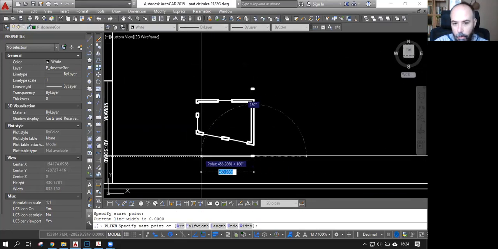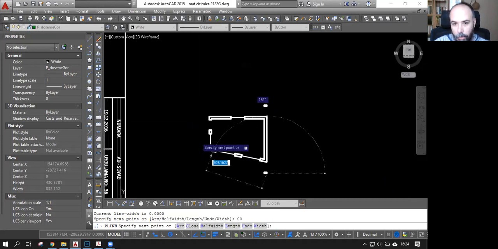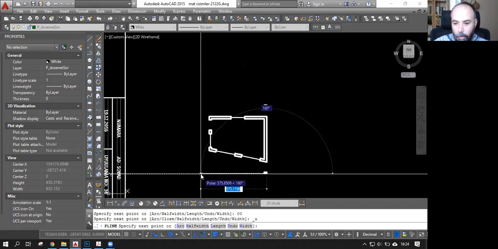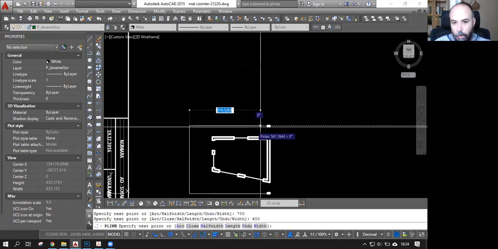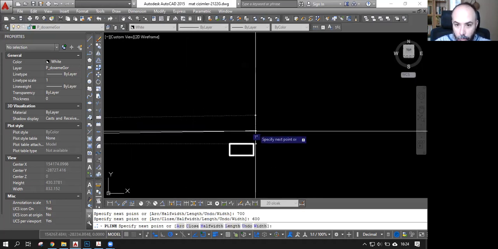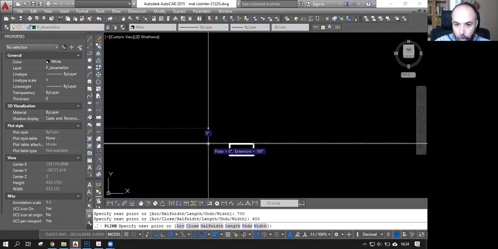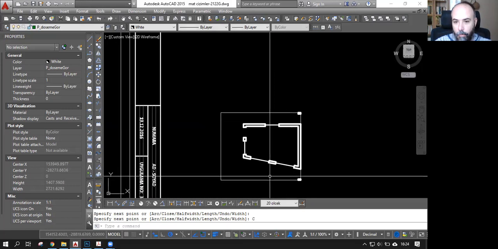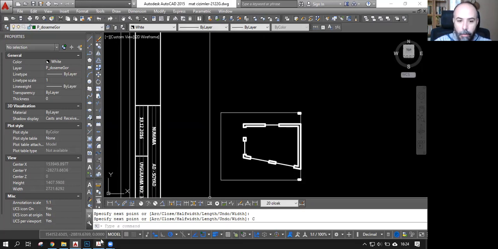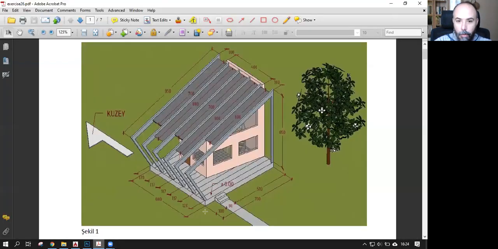Starting from this direction, I need to go 700 centimeters like this, and then I will need another 600 centimeters, and that will be this corner. Yes, that's true. So this is the seen surface of the terrace area, and these column-like structures start from here